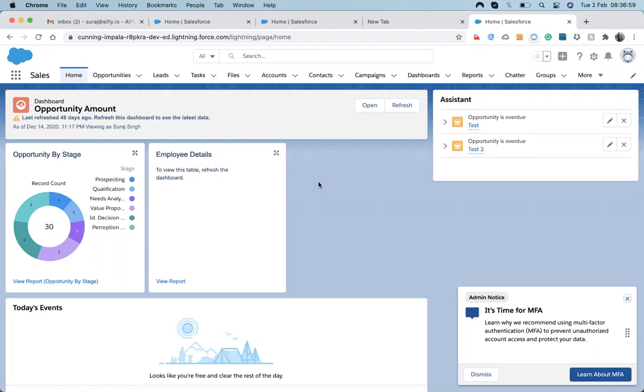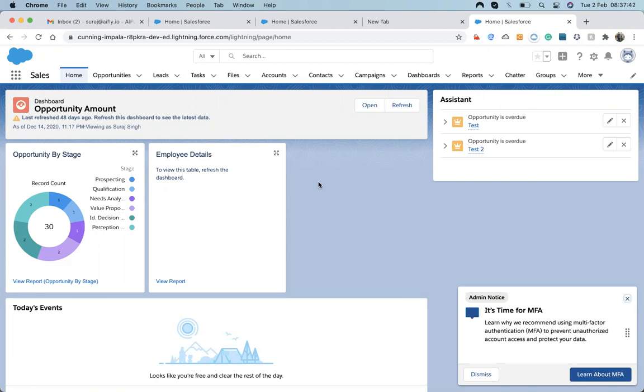Okay, approximately the same concept also comes in Salesforce, but there is nothing like await or promise. Salesforce Apex does not support that. So if a method is asynchronous, then it will be asynchronous. It will not wait for any other line. It will get executed and do its job.